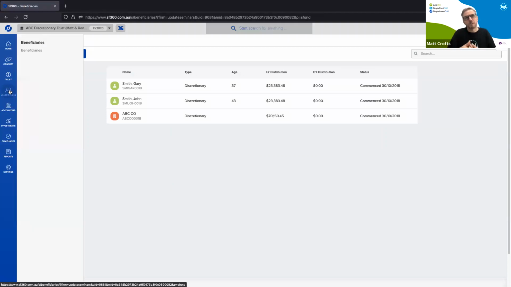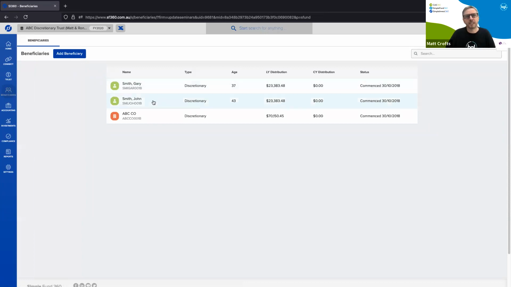With a trust, we've also got, this is a discretionary trust. I can handle unit trusts. This one is set up as a discretionary. As I said, we can handle testamentary trusts, all different types of trusts. Add a beneficiary is very quick. Here I can see ages very quickly. It's important for those running family trusts. If someone starts turning or getting into 18, 19 years, you can distribute more to them. Someone gets into pension age, you've got to be careful about distributing to them. So we try to make this very clear. You can see last year's distributions, haven't distributed this current year, when they joined, all this sort of stuff at your fingertips.